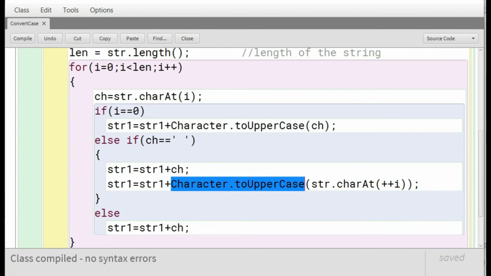So we extract the letter of the next word by incrementing the index, convert it into uppercase, and then add it to our newly converted string str1. In all other cases, we just add the character to str1, since in all other cases we just have lowercase characters.